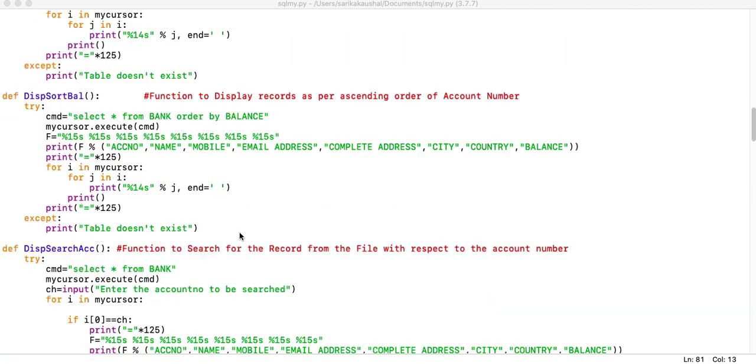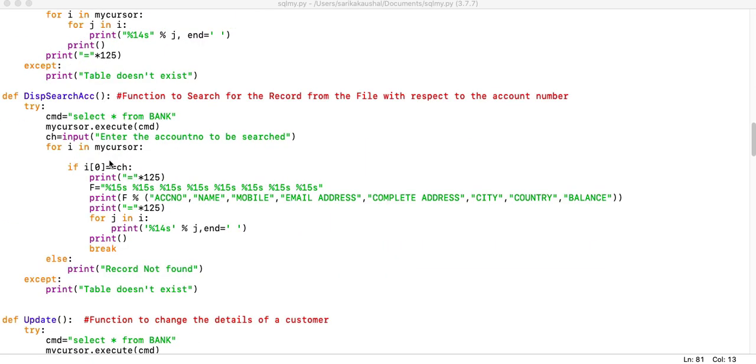That's it. Then we go to the balance. Similarly, we have done the sorting with respect to the balance. Now I would like to show you how we are supposed to search. For searching, you need the complete data set or record set.